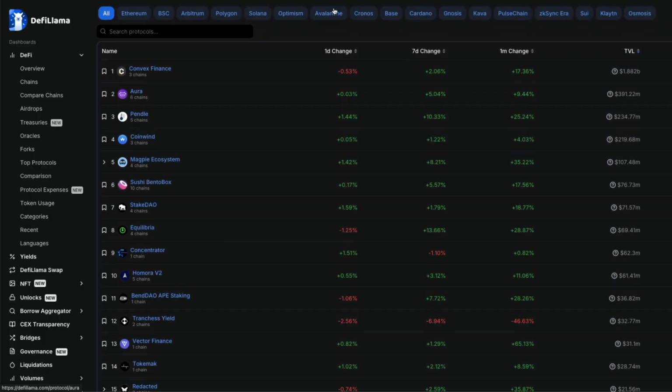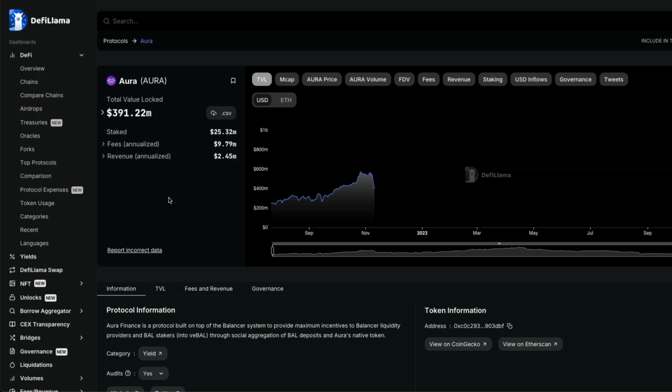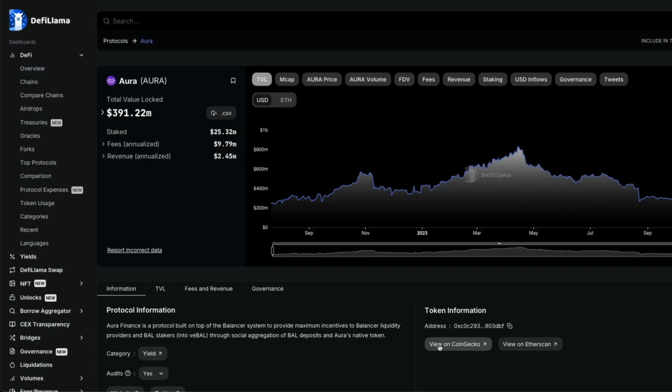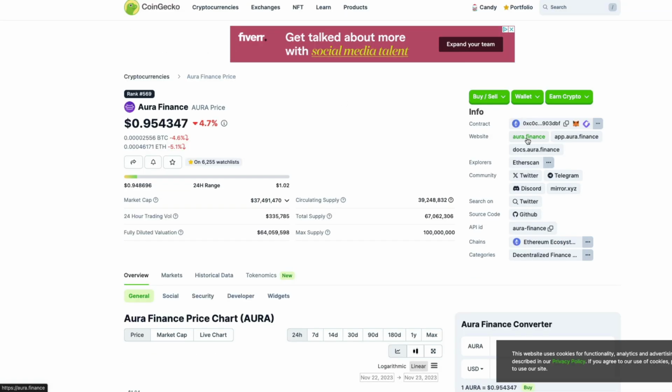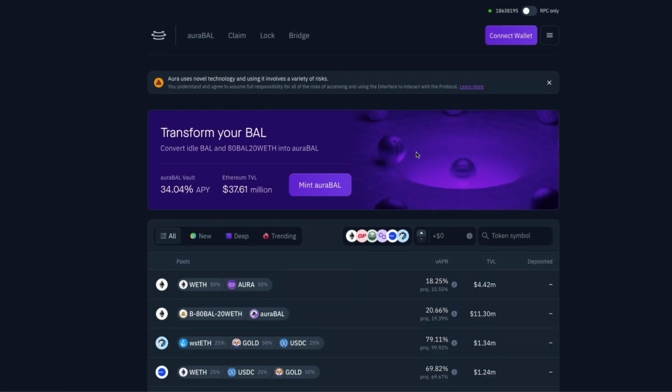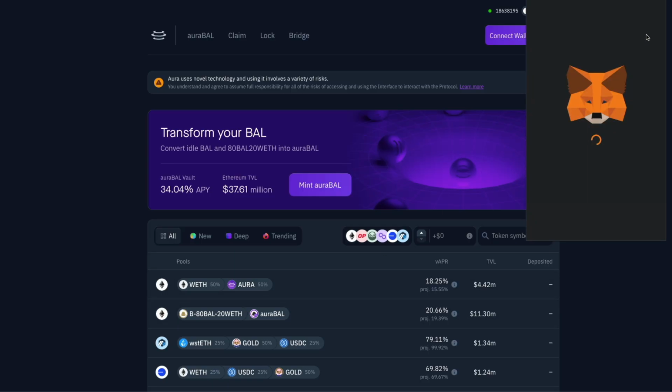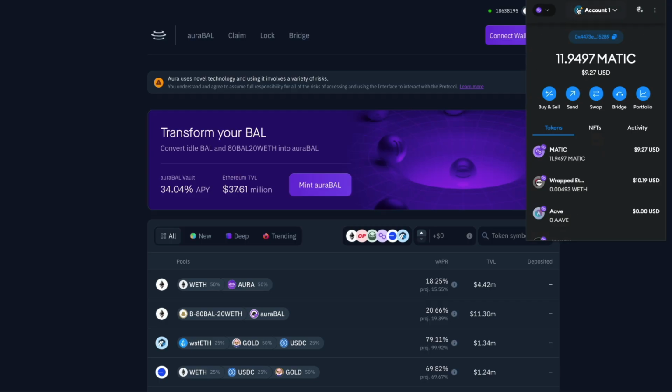So you could browse each one of these and I would just open it up and locate the site. I can click view on CoinGecko and also locate their official site, aurora.finance. And now we've located an opportunity. We could open up the app, and I usually like to do a little bit of research before just jumping into something blindly. But what you can do is have a wallet where you don't store any funds in it, just so you can connect to stuff quickly.